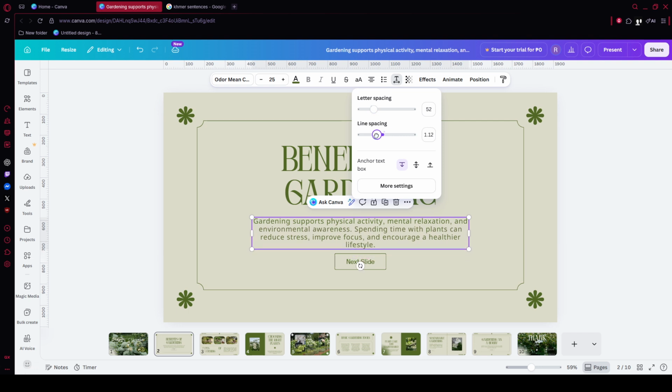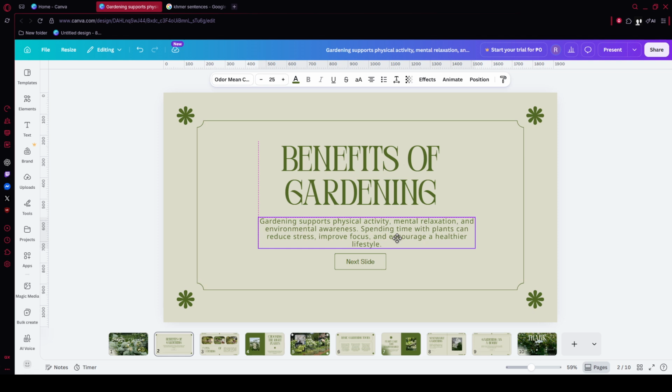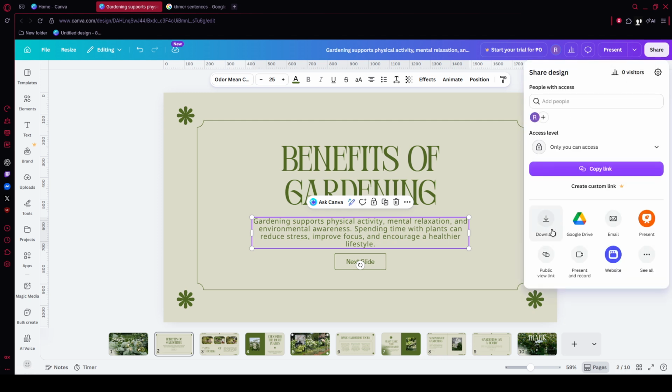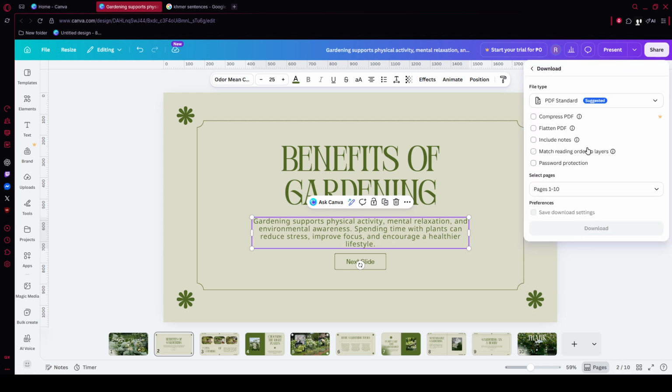Finally, do a quick alignment check before exporting. Move the text box around slightly and use Canva's guidelines to help it snap neatly into place with the rest of your layout. When everything looks right, click Share, then Download. Choose PNG if the design is for screens or PDF print if it's for printing, and then download your final